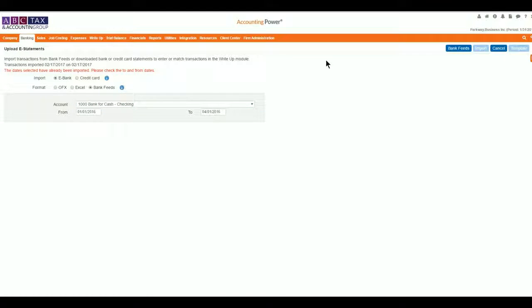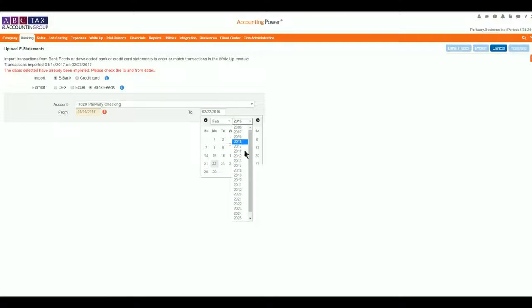On the Upload e-Statement screen, you will now notice bank feeds are a new format option. With the eBank Import option selected, as well as the Bank Feeds format selected, use the Account drop-down to select the account that you mapped the bank feed to during the initial setup. Modify the date range for your import, and finally, select the Bank Feeds button located towards the top right of